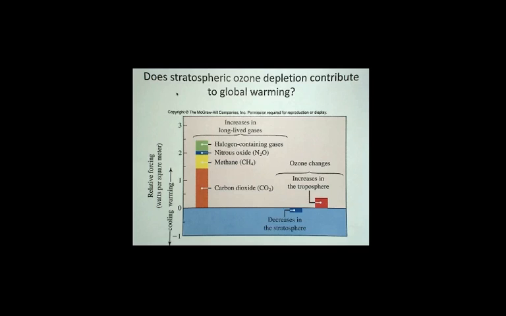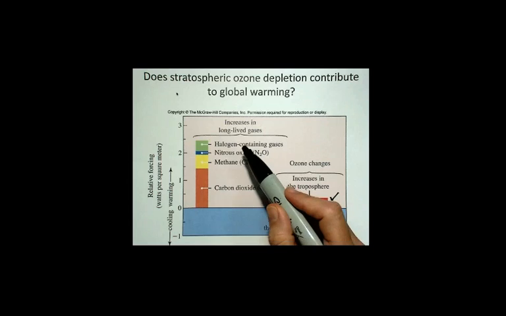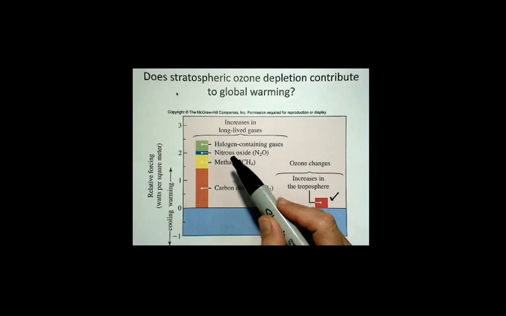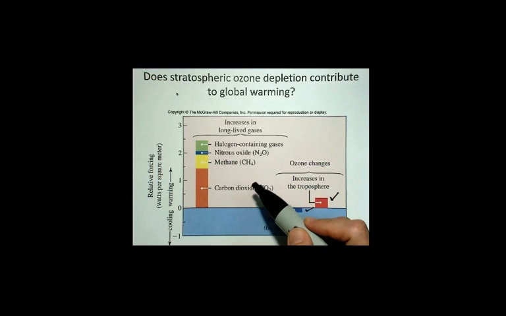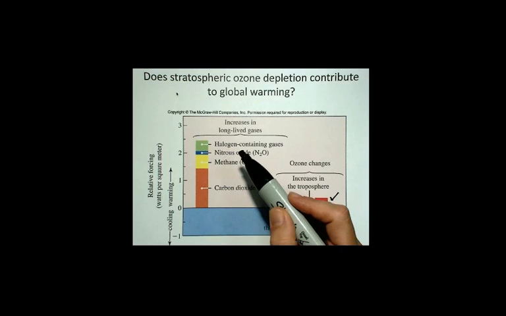In Unit 2, we talked about pollution, and one of the pollutants was tropospheric ozone. Okay, so that's this graph right here. In Unit 3, we talked about the hole in the ozone layer, and so we talked about ozone in the stratosphere. That's this right here. And now this unit, we've been talking about global warming and the greenhouse gases that absorb infrared radiation and serve to warm the atmosphere.